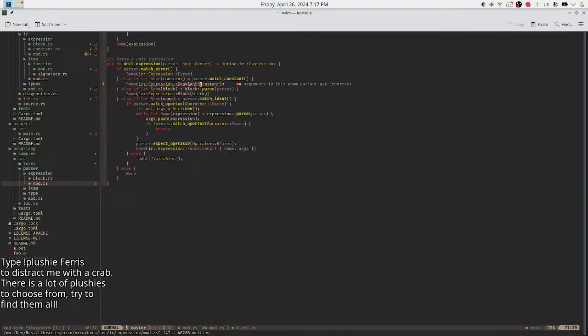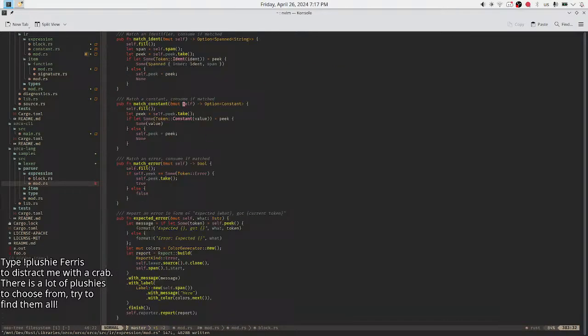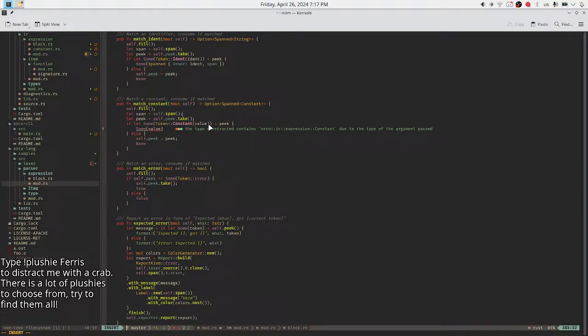Constants. Oh wow. Match constant is also going to return a span thing. Because why not? Span constant. This is becoming a regular practice. Just span inner is value span.